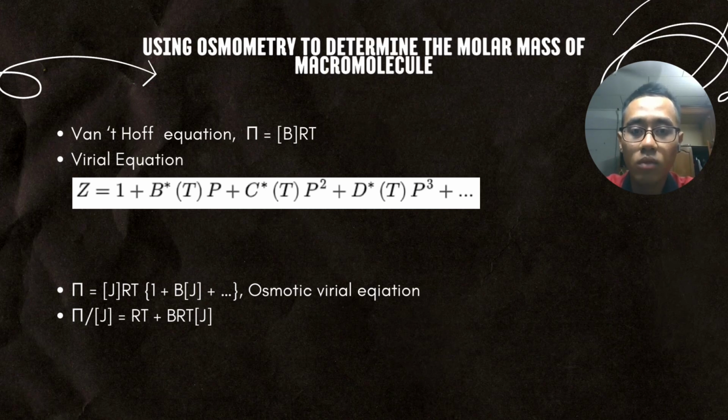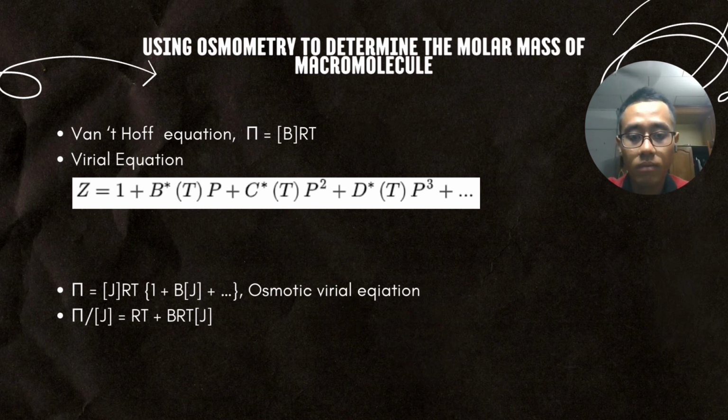Next, we will use osmometry to determine the molar mass of a macromolecule. By using the van 't Hoff equation, pi equals [J]RT, we will combine it with the virial equation, which is Z equals 1 plus BP plus CP squared, and so on. So we will get the equation pi equals JRT times 1 plus BJ plus CJ squared. But because the data we obtain will be linear, we only use one parameter, which is 1 plus BJ. So we will move J into the denominator to obtain pi over J equals RT